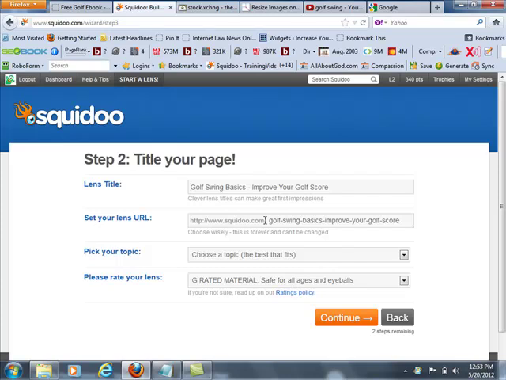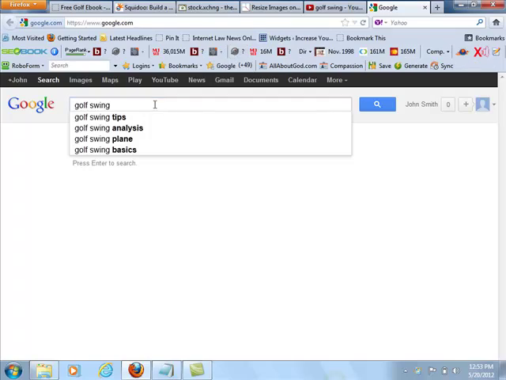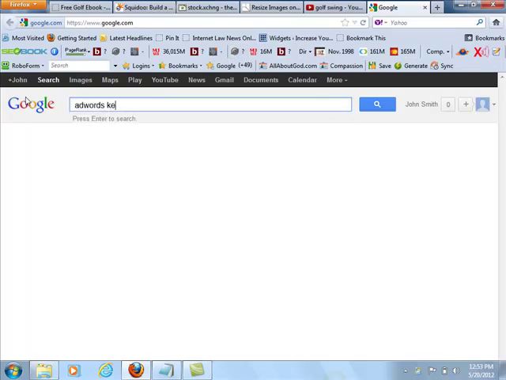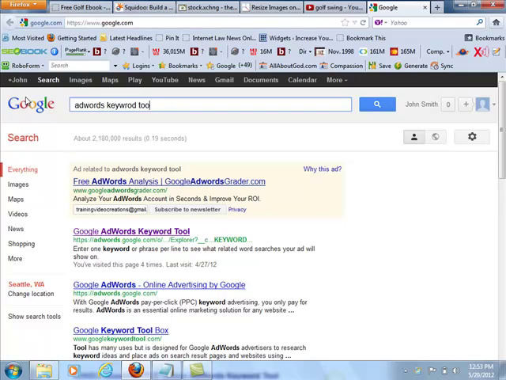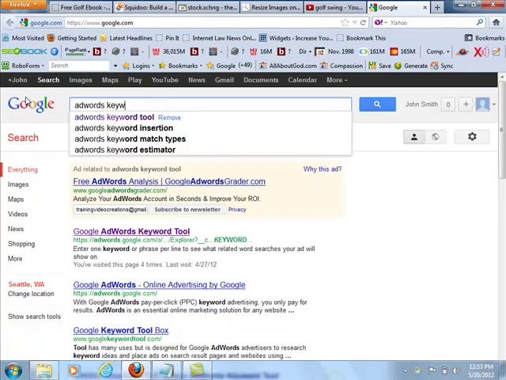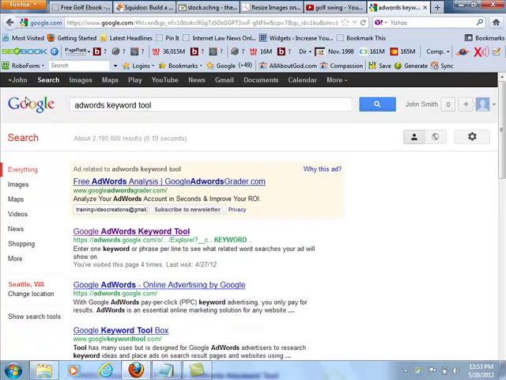And let's say golf swing basics, improve your golf score. And if you want to change that title, you could. Let's say we want to come up with a different keyword. A tool that you can use as well, just for reference sake, is the Google AdWords keyword tool. That's another good option to come up with some good keyword ideas. So let's